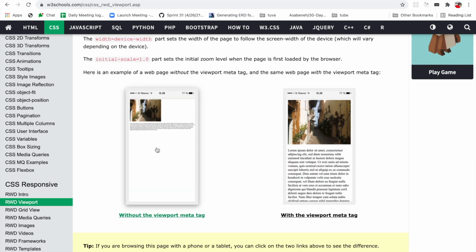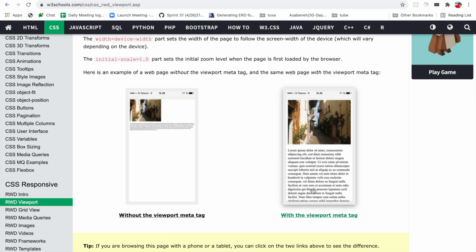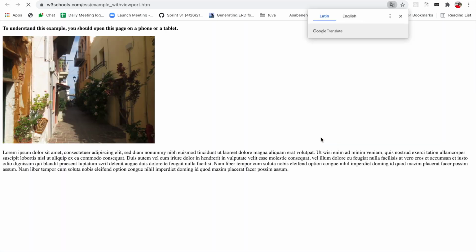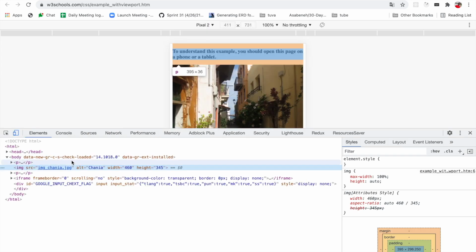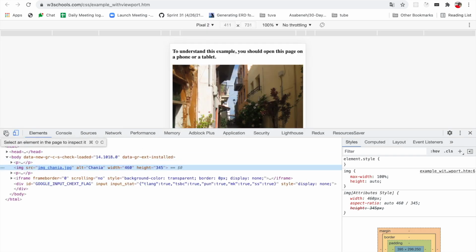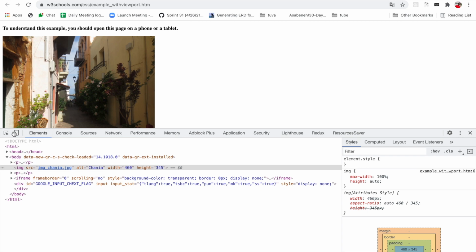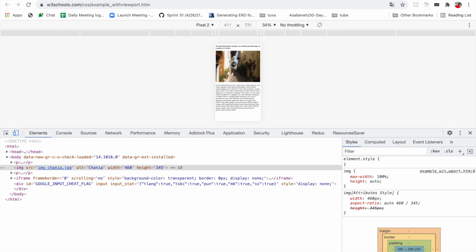Without using the meta tag, the image won't know the actual width size. Here, using the meta tag, it knows the actual width size, right? So I will take this one. You can notice here. Yeah, see, now it is something like this. Now it's taking the full width.